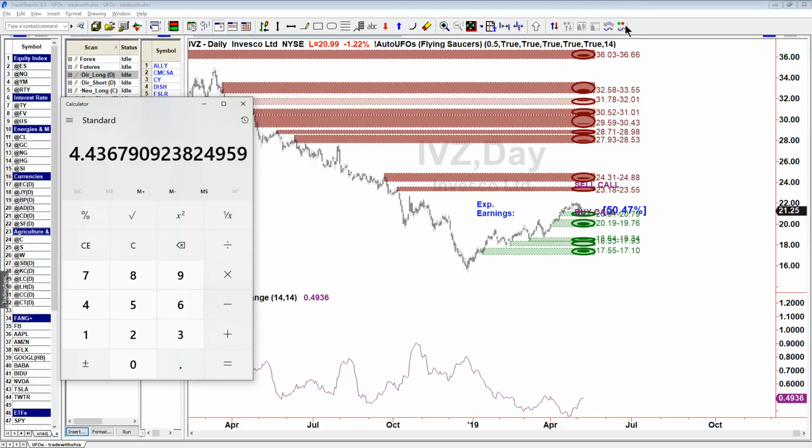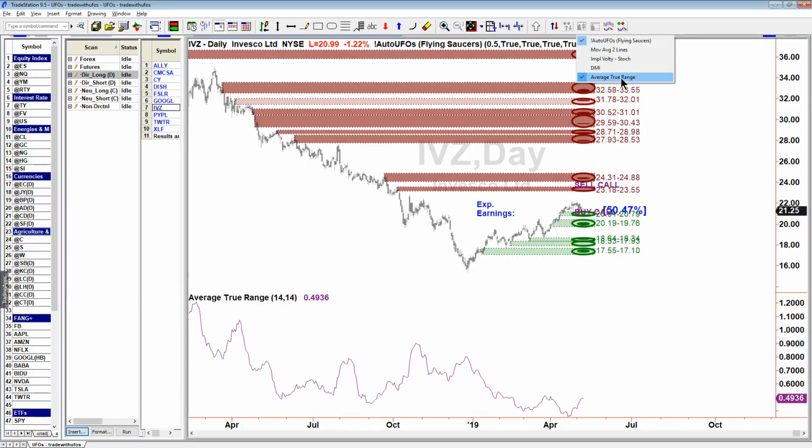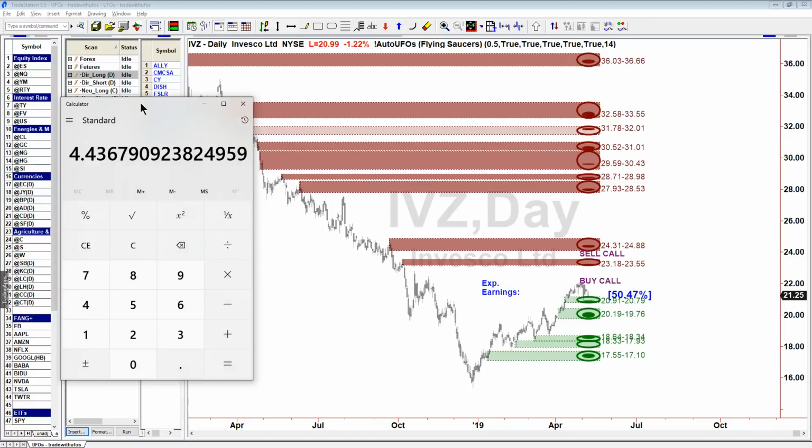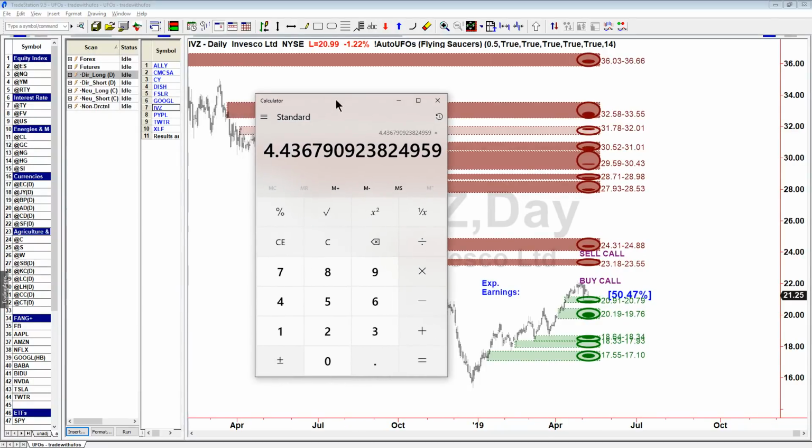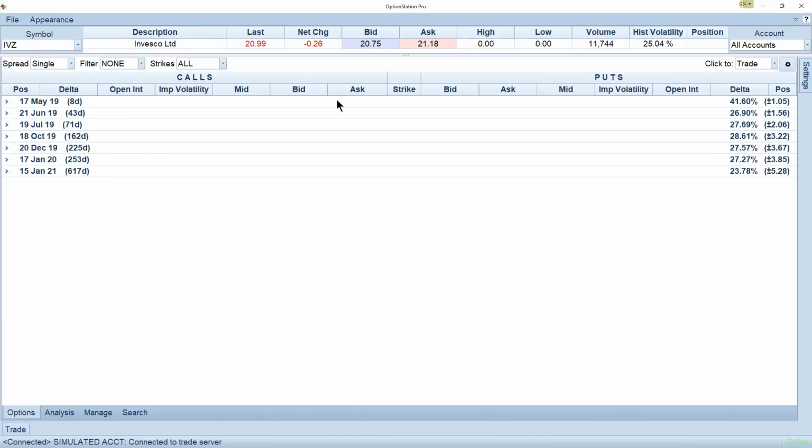Now 4.43 what? 4.43 weeks. That's what this means. And every week is made of 7 days. So times 7, that's gonna be 31 days. It's the time to target calculation result. So we are anticipating that this trade will last around 30 days. So we want an expiration date to be more than 31,